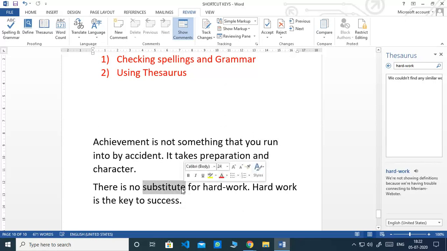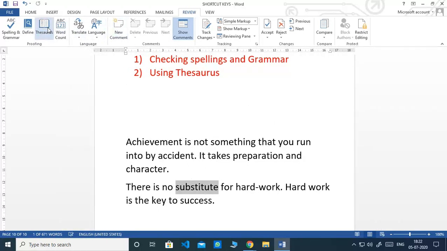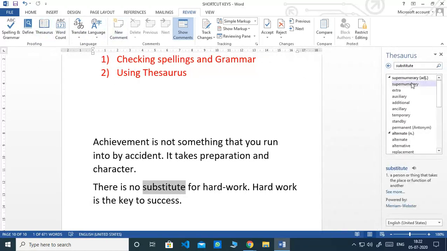I'll click on the thesaurus, and there is supernumerary, extra, exceed, additional, temporary, standby, whatever words are there. I want to choose the antonyms for this. So I'll say alternate. I click on this word and say insert. So there is no alternate for hard work, and hard work is key to success.